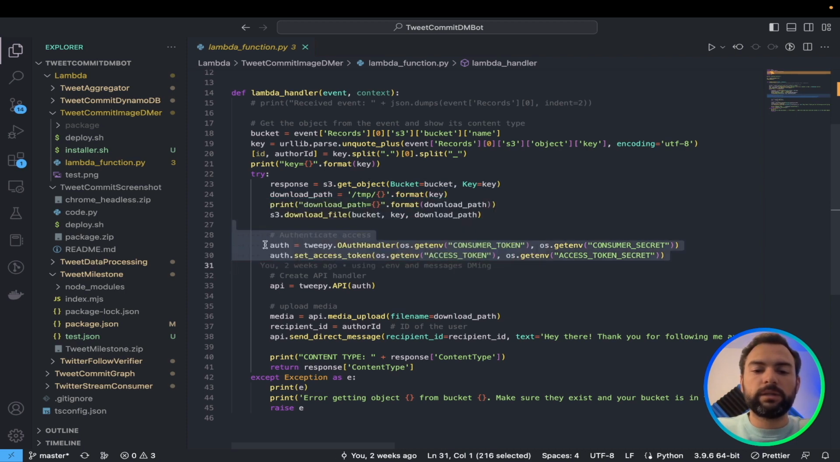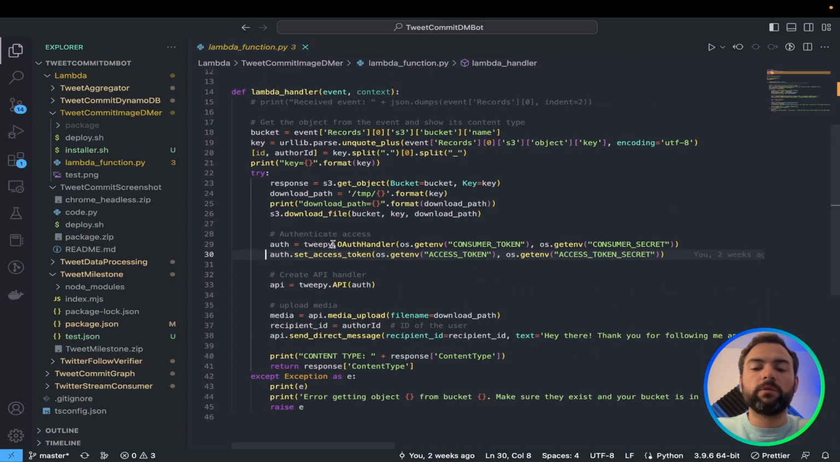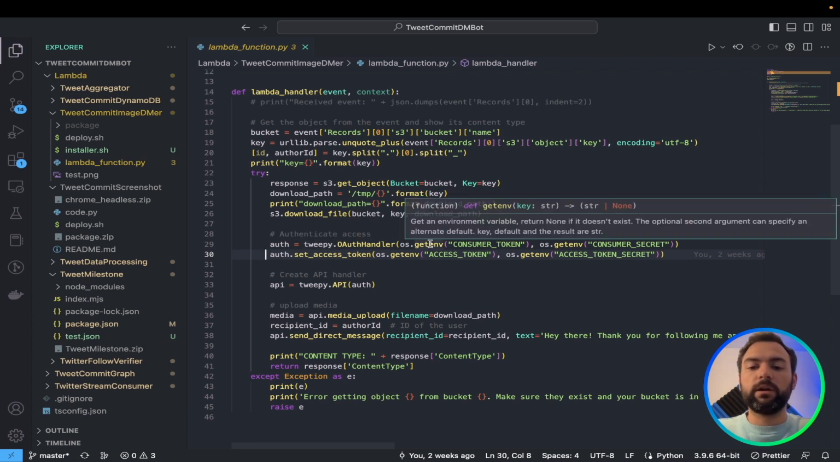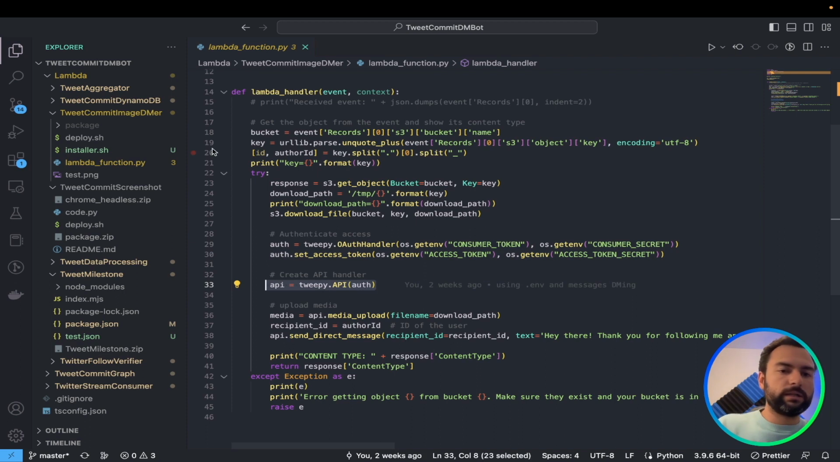What you can see is we're using Tweepy to authenticate ourselves with the Twitter API and creating a new API handler. In order for this to properly work, what we'll need to do is go over to our folder